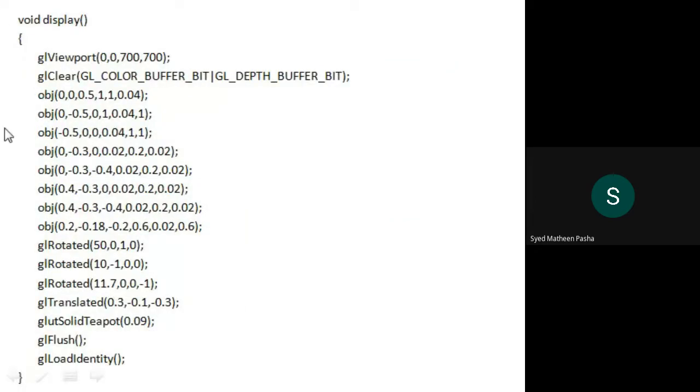You just remember, in the display function, an object is being created with some parameters, then rotated. The object created here is just a cube. You are representing a cube and then rotating it so that it will look like a wall. Okay, so with these parameters, you are doing it. Then I will rotate and translate that object so that it will look in the format of a wall, and then I will call the teapot function. I'll put the display function into an identity matrix, which is load identity.